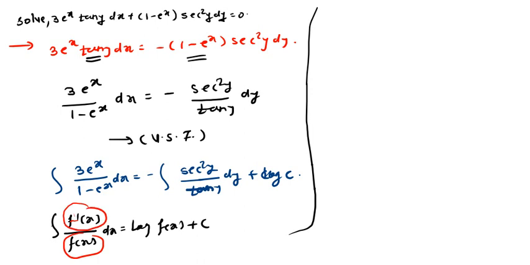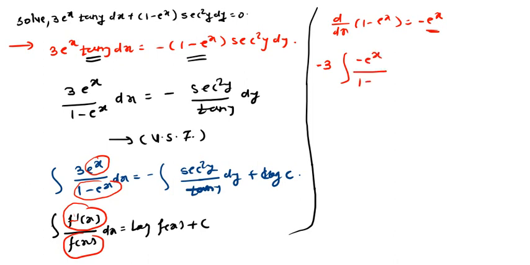Now we know the derivative of this term, that is, the derivative of 1 minus e raised to x, is what? The derivative of 1 minus e raised to x is minus e raised to x. But we have only e raised to x, so we need to adjust this minus sign. This 3 is a constant, so adjusting the minus sign, it will be minus e raised to x, and minus will be plus, upon 1 minus e raised to x dx is equal to